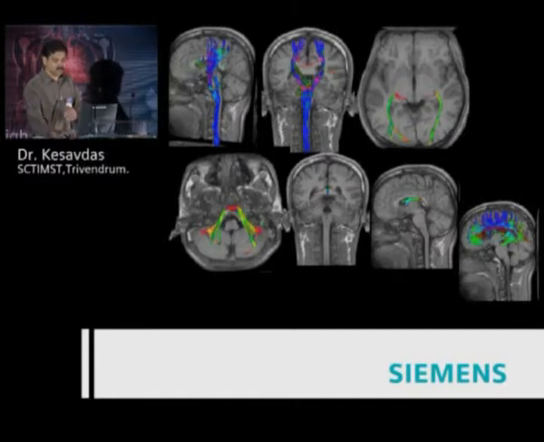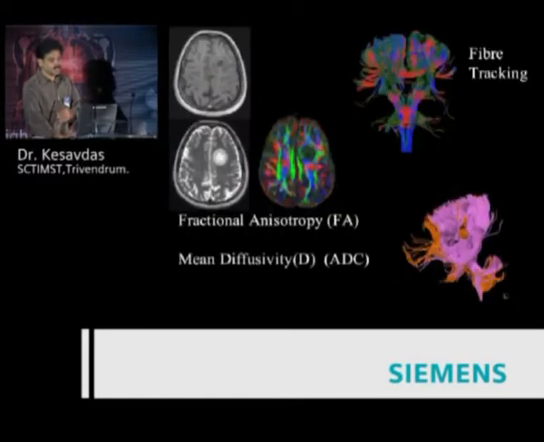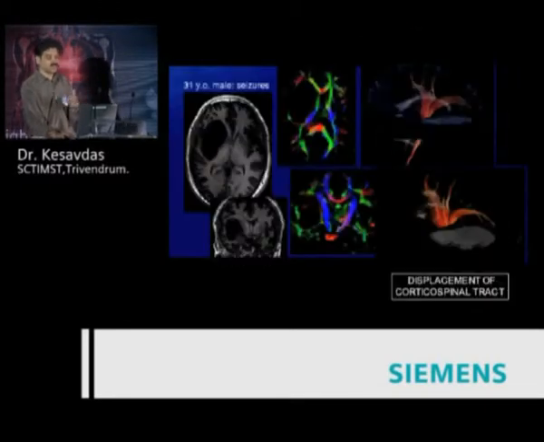For many of these tumors which are close to it, we will tell whether it is infiltrating, which is very close, or involving. Again, you can get some information about the infiltration by means of this, but we have not found this as useful as understanding the microenvironment. This is the FA map, and you can see this is a very well-defined lesion, but the color hues around the lesion have changed, so it's probably infiltrating, and we had put this as an infiltrative glioma. Actually it was, in comparison to this lesion where the corticospinal tract is just pushed to one side.